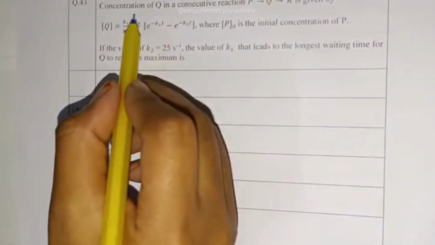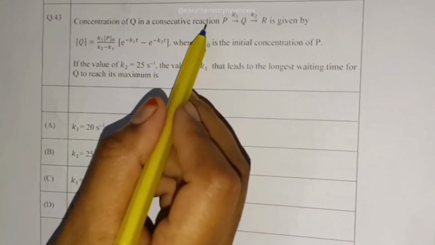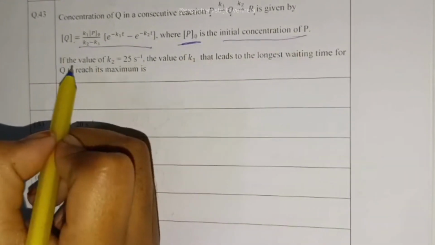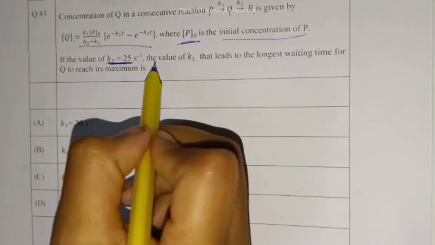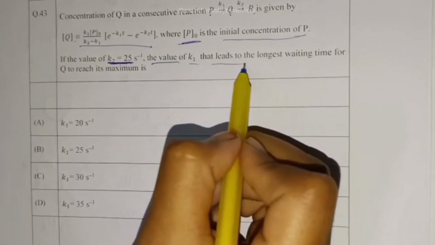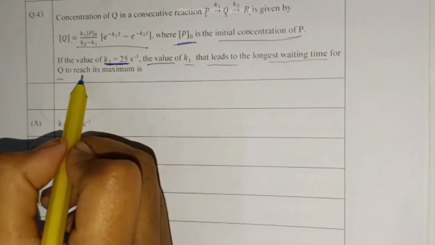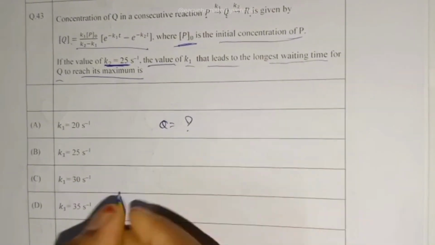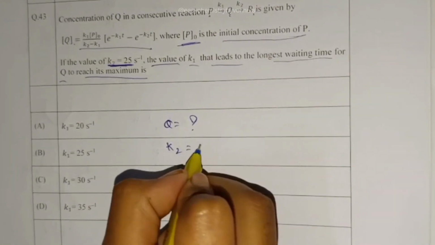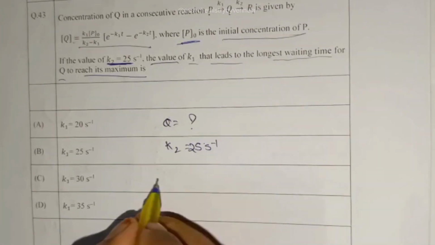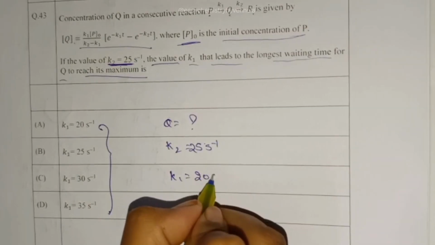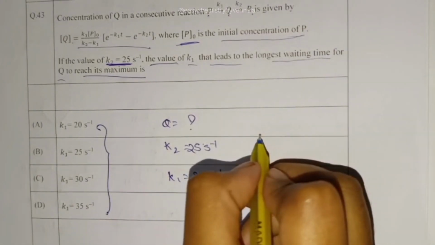Next question. Concentration of Q in a consecutive reaction P to Q to R is given by Q is equal to this one, where P0 is initial concentration of P. If the value of K2 is 25 per second, the value of K1 that leads to the longest waiting time for Q maximum is. So here you have to find out the Q value. Already they have given K2 is equal to 25. Here K1 is equal to, first one, 20 per second. So here our formula is